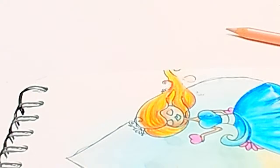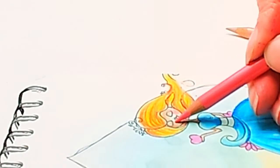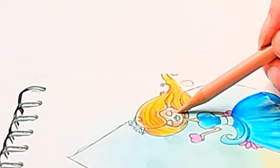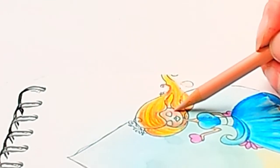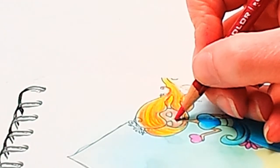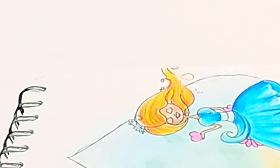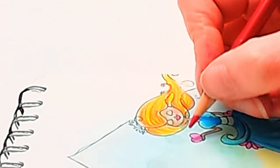Right, let's get a little bit of colour in her cheeks. There's not really a craft shop locally that sells a full set of Prismas, so I think I got them off Amazon. I've had them a few years now, so I can't fully remember. And then I'm blending that out with the palest skin colour so that it is quite subtle. And then I'm going to go in with a darker colour for her lips, and then a lighter one. And then let's get a little bit of depth of colour into